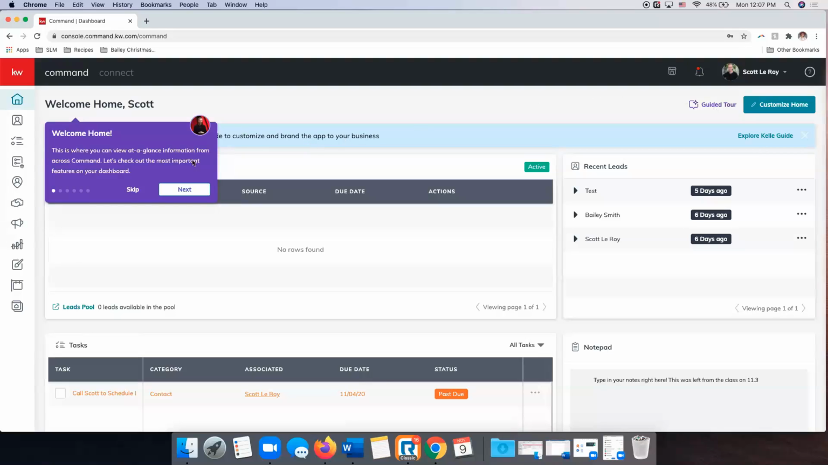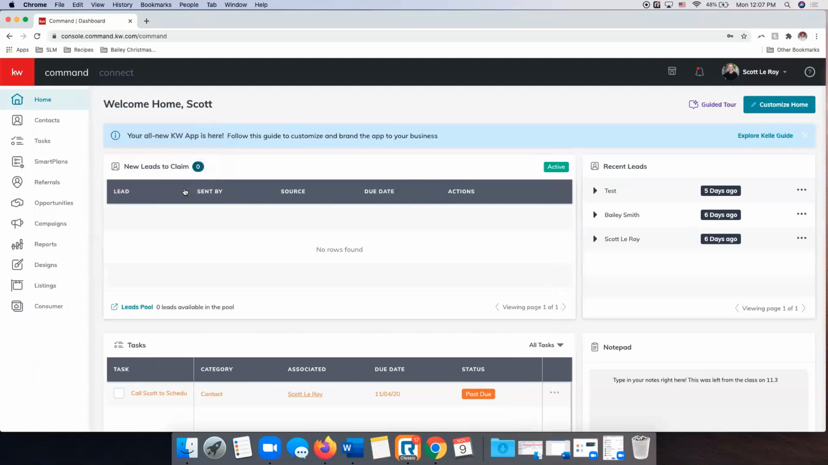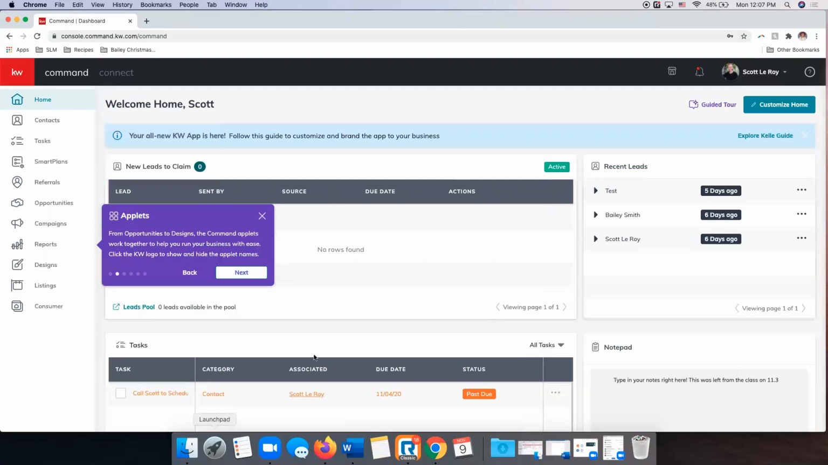You can see once I clicked guided tour, it says welcome home. This is where you can view at a glance information from across Command. Let's check out the most important features on your dashboard. So this is the guided tour for your dashboard. And it's basically walking you through the different features on your homepage or for whatever guided tour you're going through. So you can see a little Gary Keller up at the corner, and you can click through these steps, and it's basically going to feature different parts of Command. So you see the next step shows us our applets or the different widgets within Command,